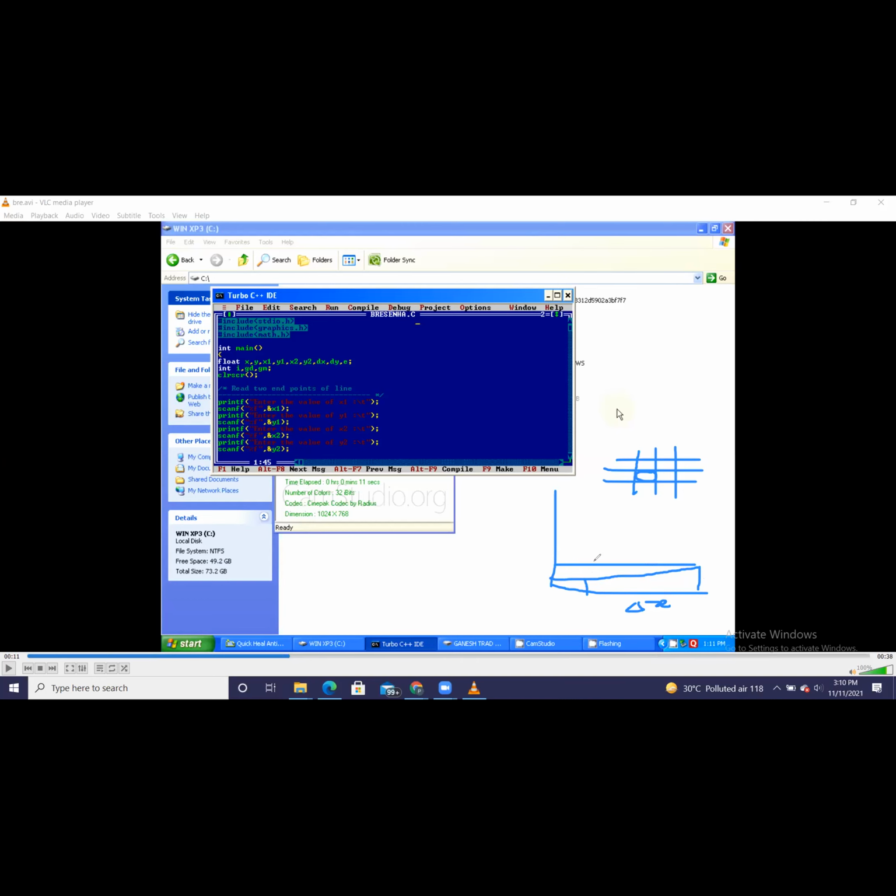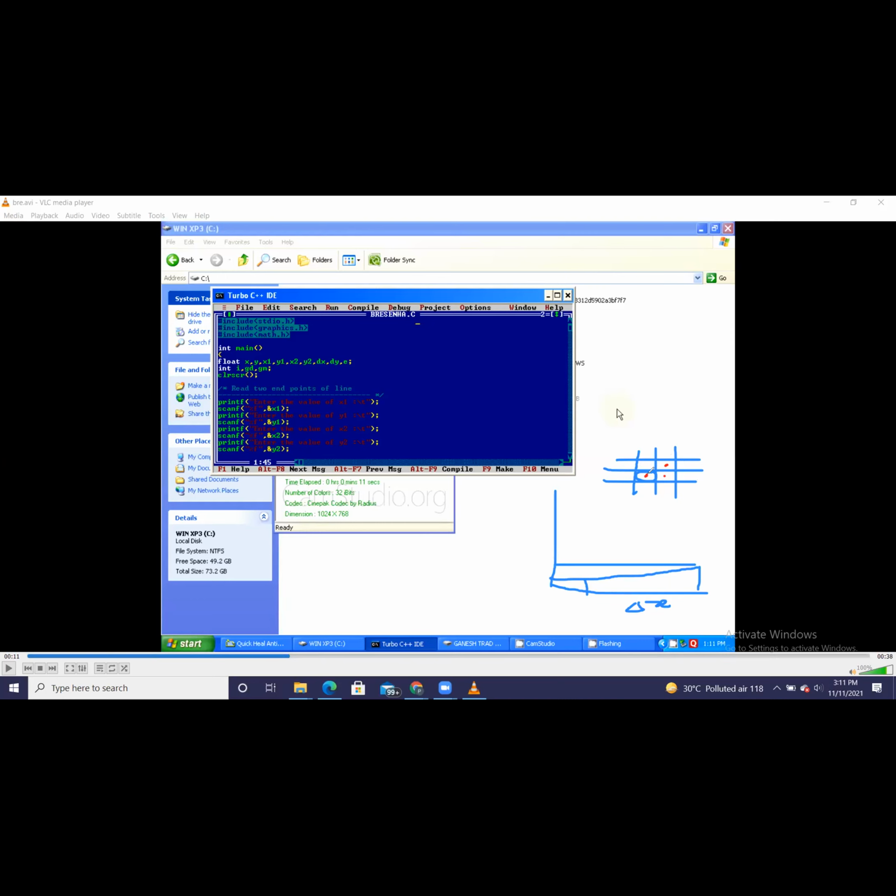That means the current pixel is this. I will indicate this pixel with red color. This is my current pixel. To select the next pixel, either I can select this one, because x is incrementing faster but y is not incrementing at that point, or I can select this pixel. So either I select the horizontal pixel where x is incrementing and y is constant, or I select the diagonal pixel in which x is incrementing and y is also incrementing, right?